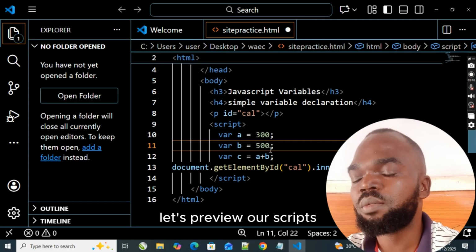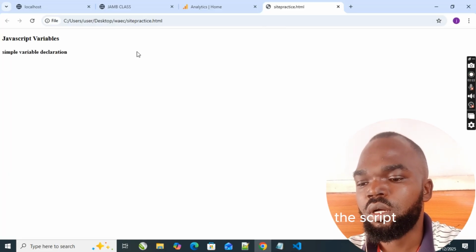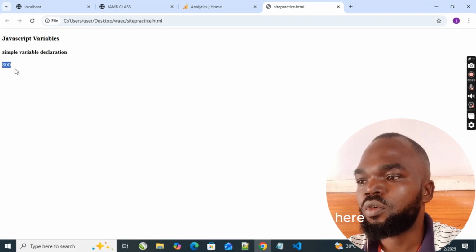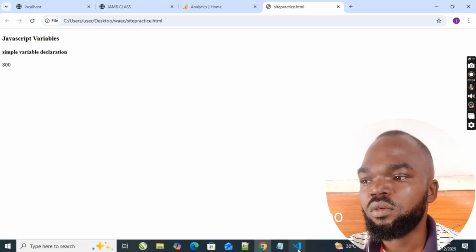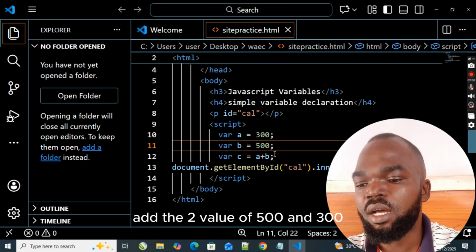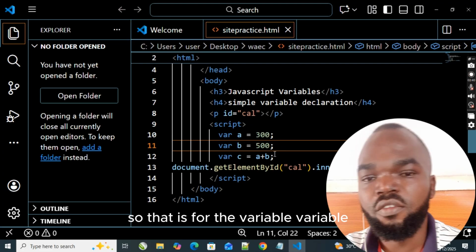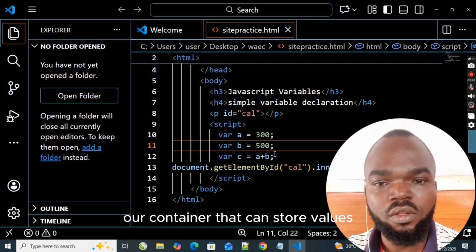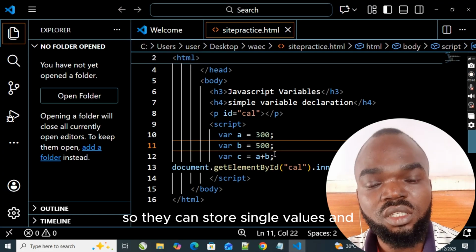So that is it. Let's preview our script. Let's go to our Chrome and preview the script. You can see that we have 800 here. With our JavaScript, we were able to add the two values of 500 and 300. So that is for the variable. Variables are containers that can store values. They can store single values